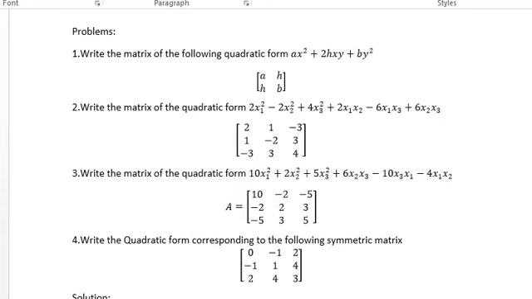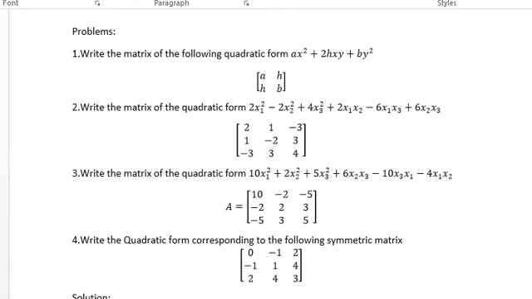Now let's see the second row. In the second row, the first element is half the coefficient of again x into y. That is again 2h by 2, which is equal to h. And the second element in the second row will be the coefficient of y square, that is b. So the second row is h, b. The matrix is a 2 by 2 matrix, because we have only two variables here. So we get the matrix as a, h, h, b.